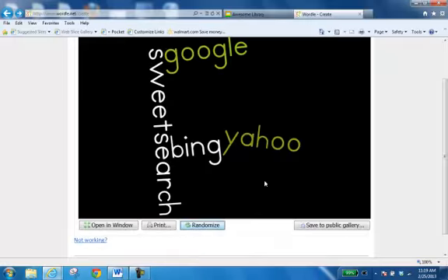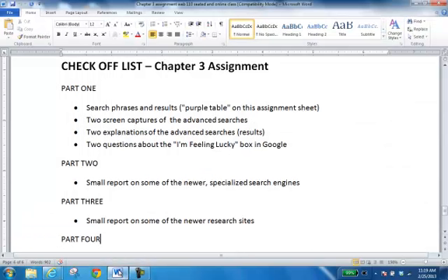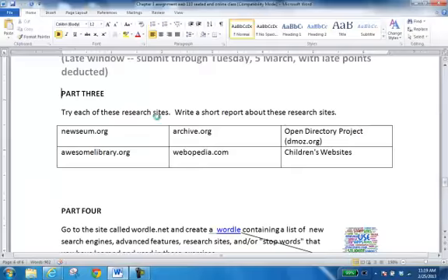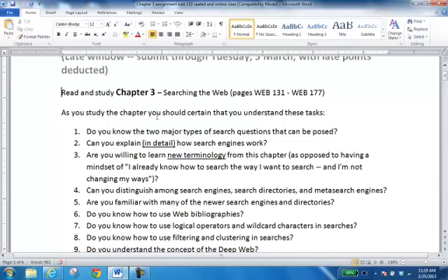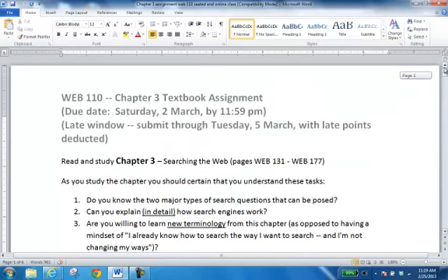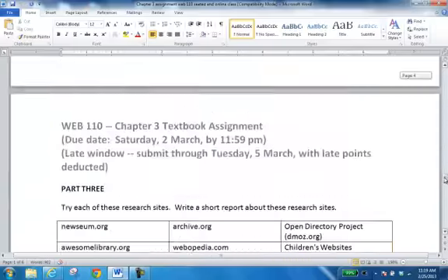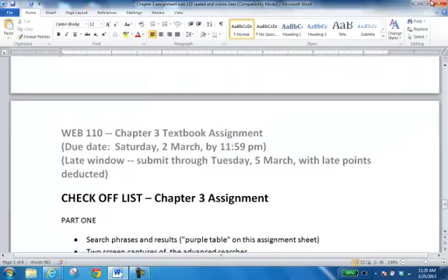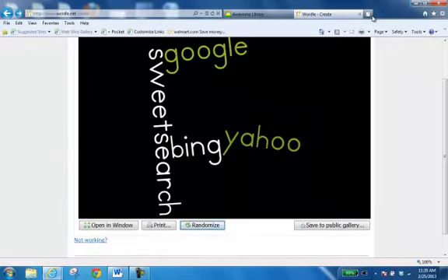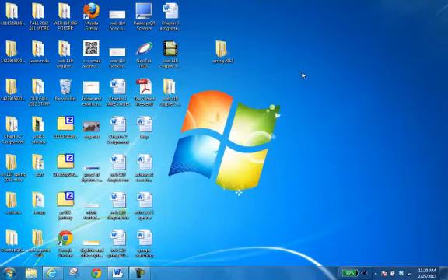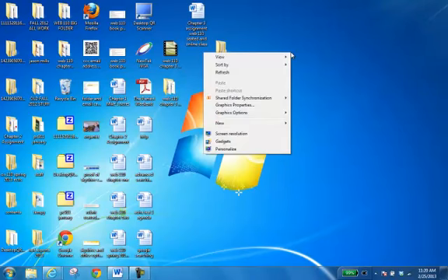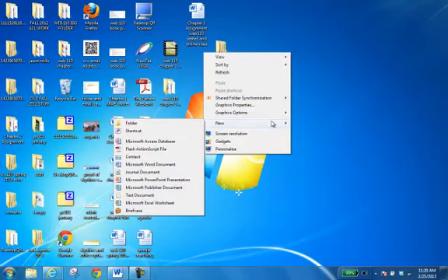The sheet, for those who maybe are kind of clueless or nervous about it, the sheet is this one right here that says this is the chapter 3 assignment, and make a zip folder and send everything as one zip folder. If you have forgotten or don't know how to make a zip folder, basically you create your folder. I'll do this in Windows. Apple's not that much different. You go to new folder,